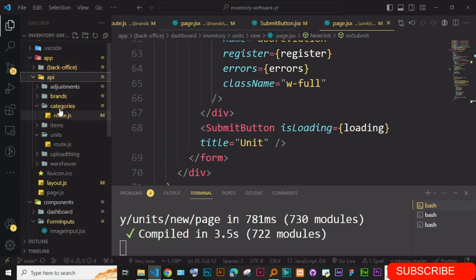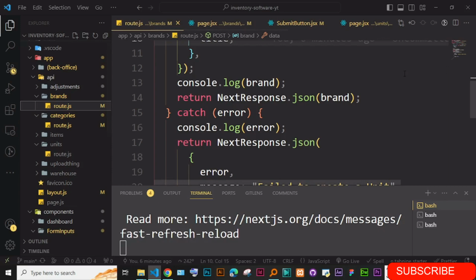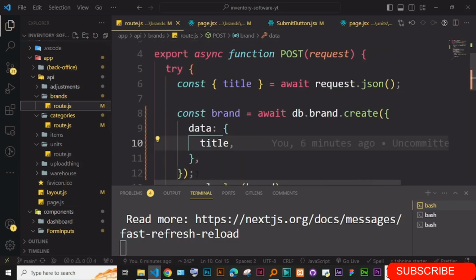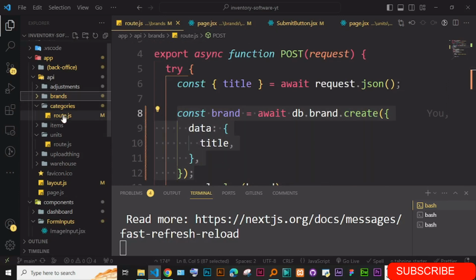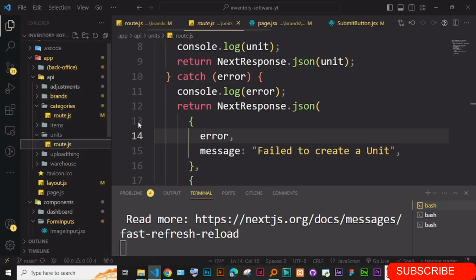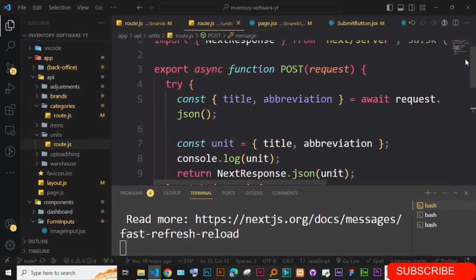Okay, and I'm just going to go in this brands. I'm just going to copy this. Go in the units. Okay, so in the units we are receiving the title and the abbreviation, and I can just say const